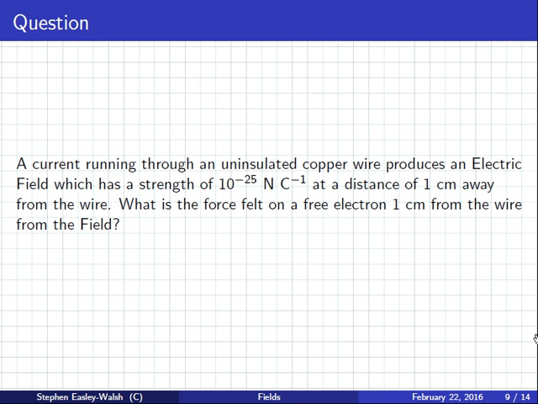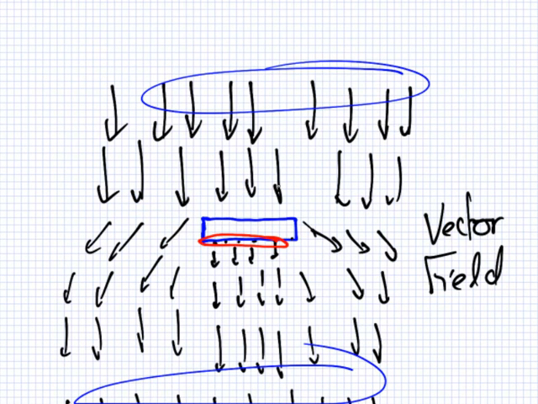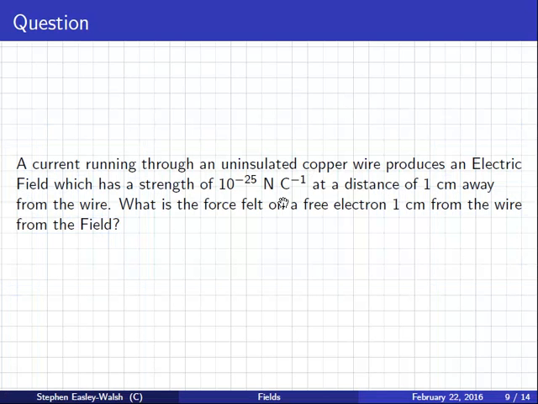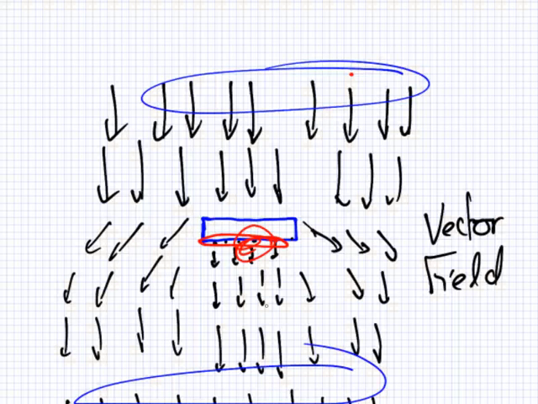Okay, so we have a current, and the electric field around this current is 10 to the minus 25 newtons per coulomb. But it's important that I tell you the distance, because remember in the picture here, if you're here, if you're here, the force is less than if you're here. So it is important that I tell you where you are. So this is the strength when you're 1 centimeter from the wire. What is the force felt on a free electron 1 centimeter from the wire? So I'll draw it here for you. What you have